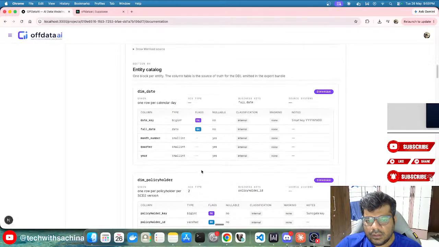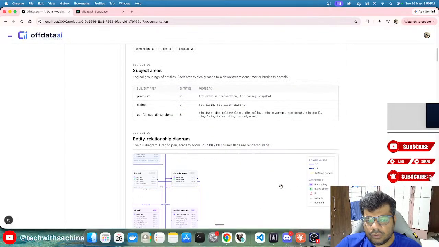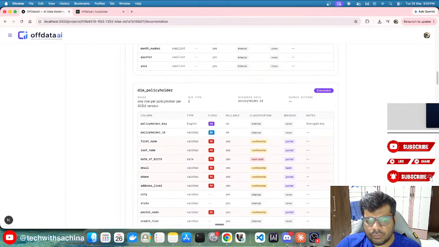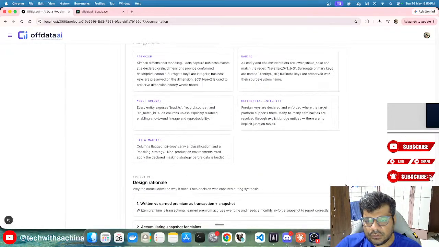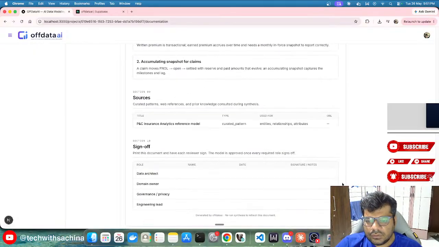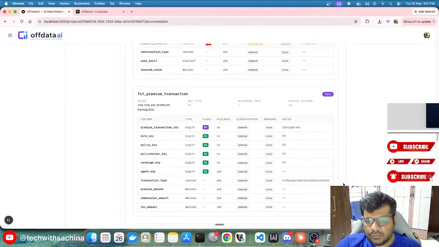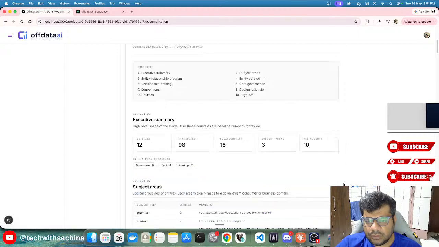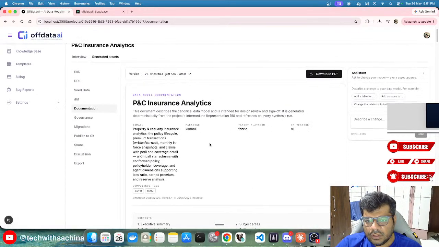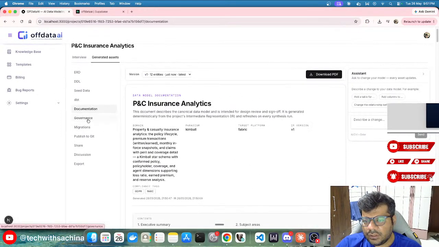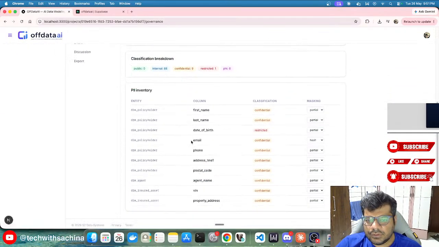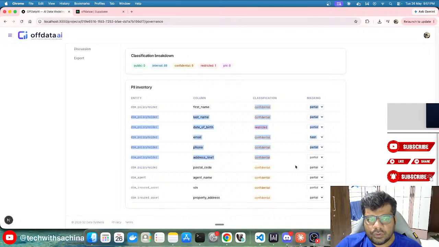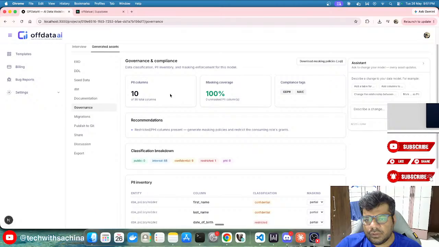Okay, so you see over here, this is the whole documentation which comes in along with the whole data model itself. So this is a pretty great product, if people use it wisely within their organizations. This can be a very great help for them. Then you also have the governance pieces as well, where you want to keep partial masking or full masking. So according to that, skills will change.